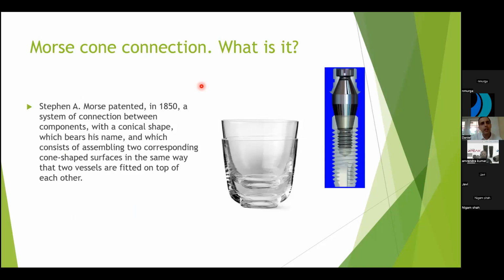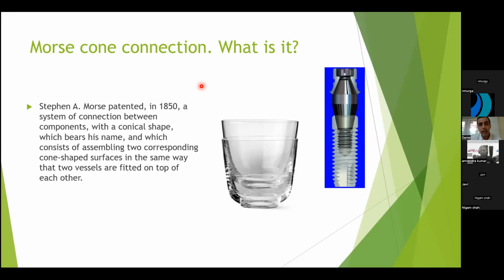And then I would like to explain what the Morse cone connection is, and what's the difference between the Morse cone connection and the conical connection. I think that quite a lot of people confuse these terms, but they are not exactly the same. They are similar, but not the same. The Morse connection basically is a connection that was patented by an engineer. She wasn't a dentist, she was an engineer back in the 1850s, and it was a system of connection between two components of conical shape,